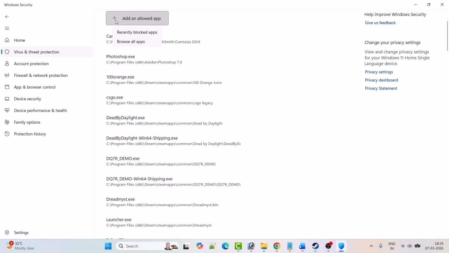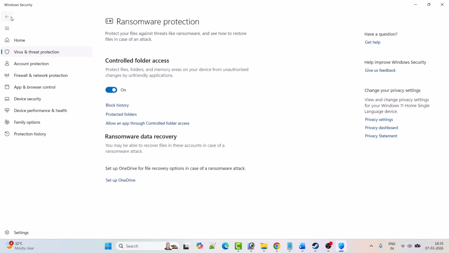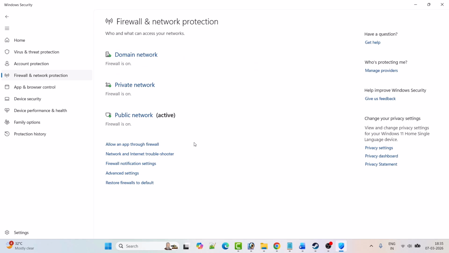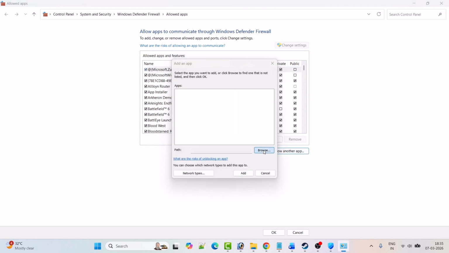Now again click on add an allowed app, browse all apps, and then select Marathon launcher and then click on open to add it to the list. Now go back and then click on firewall and network protection and then click on allow an app through firewall and then click on change settings and then click on allow another app and then click on browse and then